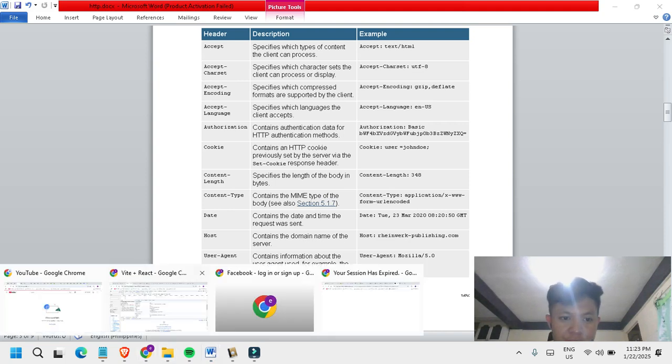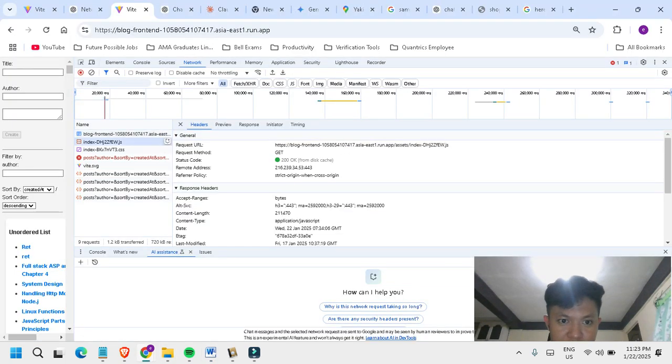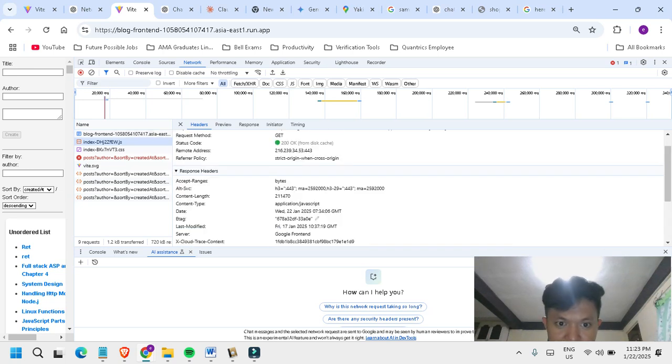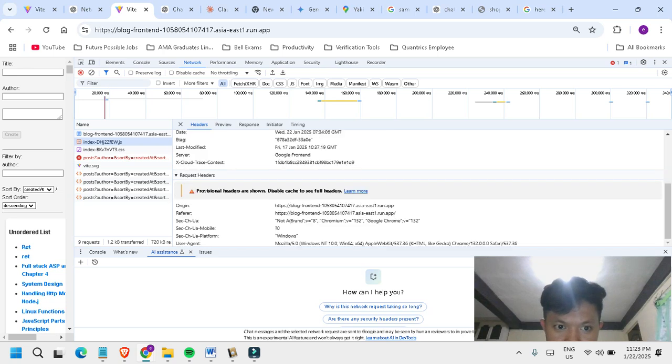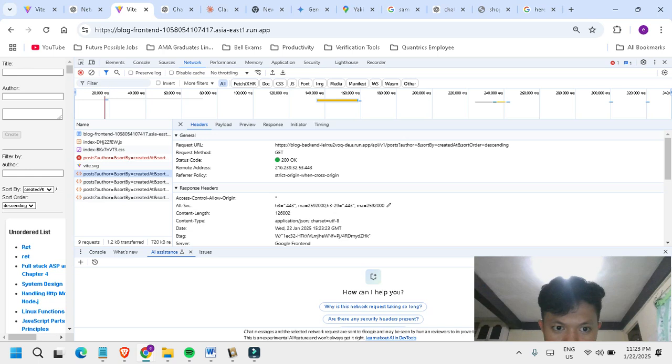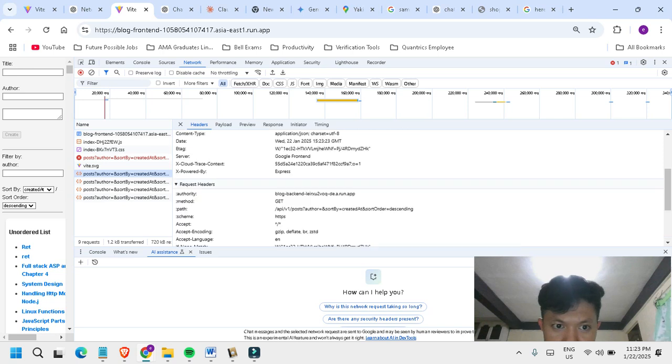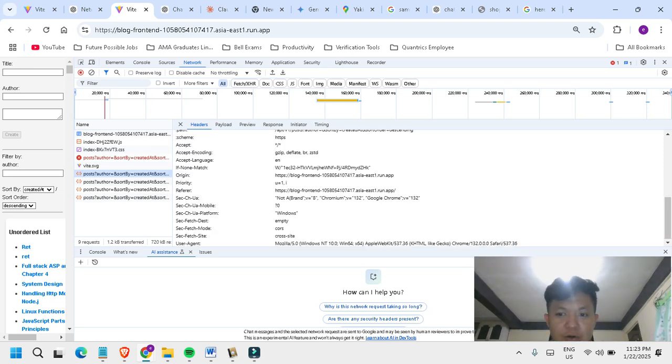As you can see, guys, let me check the other request to see if there is a time. As you can see, not all the commonly used headers are included on the resource.